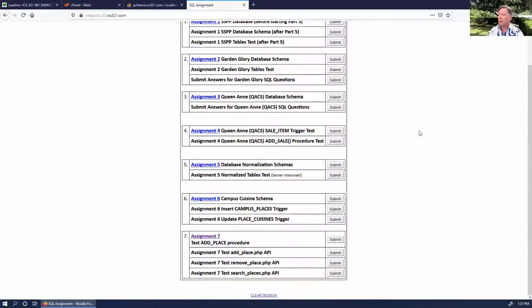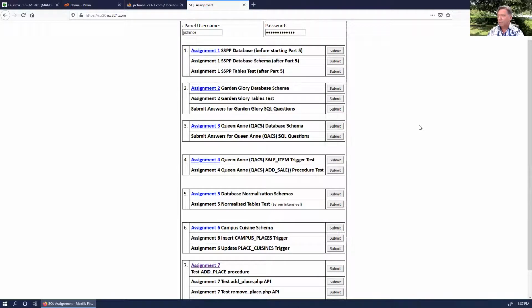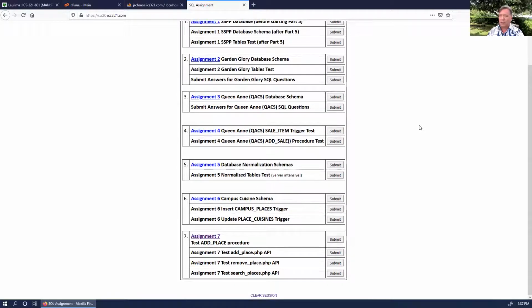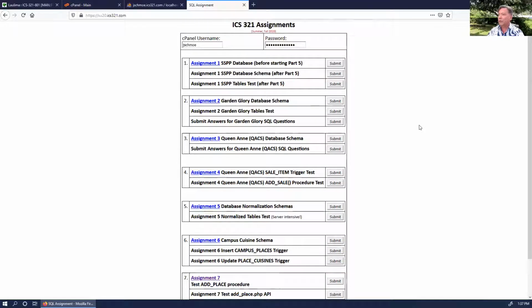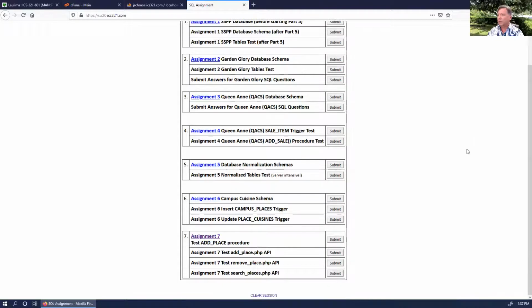So this is more about what I use, how the system grades your stuff. But it's a good idea to look and see how it actually is graded. So I've put my login credentials here, my cPanel login credentials for Joe Schmo, and that's the one I just added, right? And so now I can test the add place procedure, and when I click on this, I see,